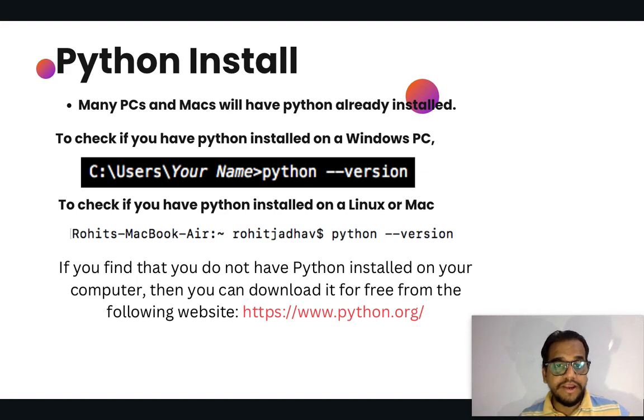If you find that you don't have Python installed on your computer, then you can download it for free from the following website, https://www.python.org. There you can easily download it and install it on Windows, Mac or Linux, anywhere you can. So next,